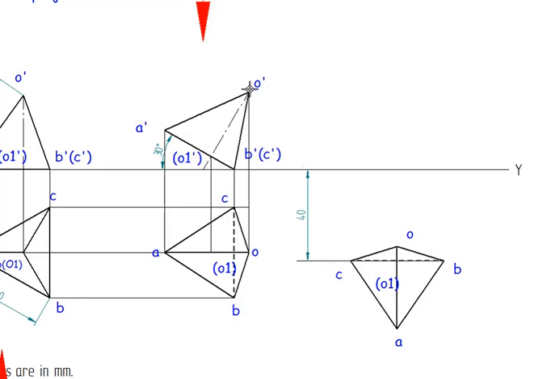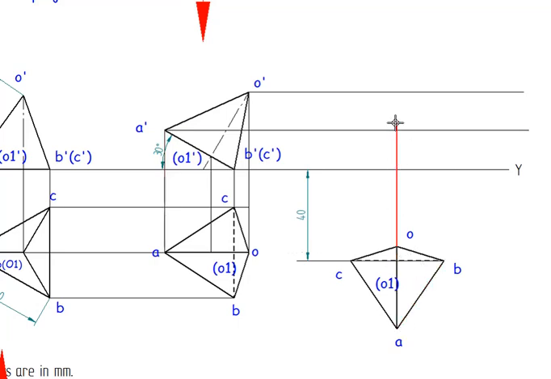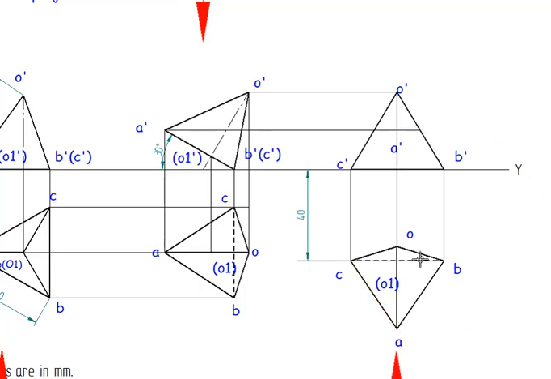So let's go for the point O, then A point. A point and O is going to be on the same line. Then go for the point B point, then go for the point C point here. Now we need to see the nearest point for an observer. So the nearest point for an observer is A. Line joining A must be in thick line. So A is joining to B, A to C, A to O.